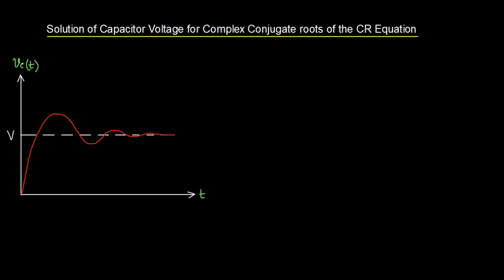Now, the solution of capacitor voltage when zeta is less than unity. VC(t) will be in a similar form: some constant C into e to the power minus alpha t into sine omega d t. This is the complementary function part, and in addition there is the steady state part, or particular integral, which is the steady state voltage given by V. So, this is the underdamped response. The response of VC(t) is also underdamped in nature, and the response finally settles down to the steady state voltage V.